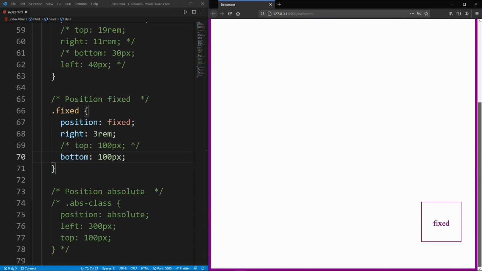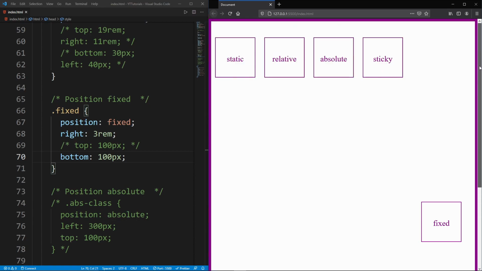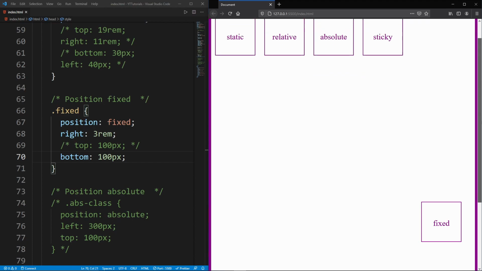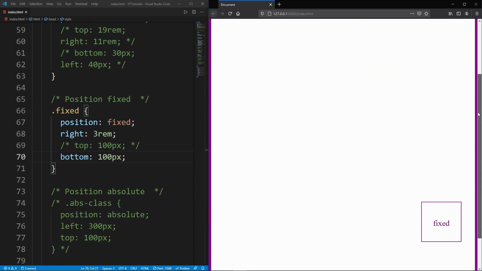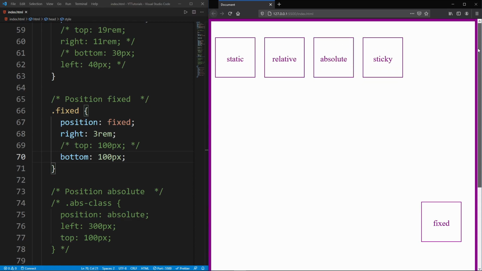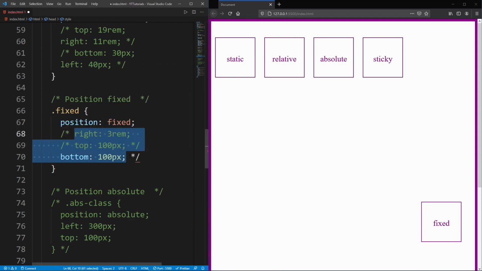As you can see here, it won't change its position, and that's why we needed that paragraph tag with empty content, so that we can just see how a fixed position element works in our HTML or in our web page in general. Now I think we can just comment it out again.